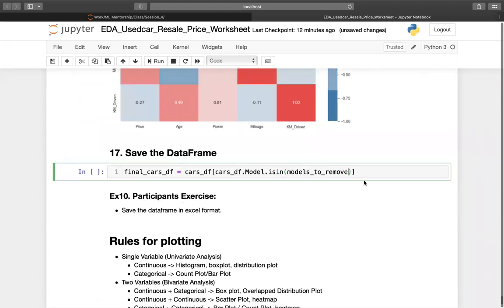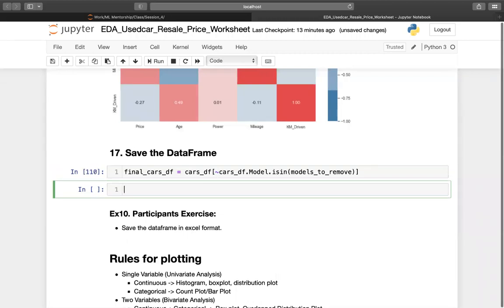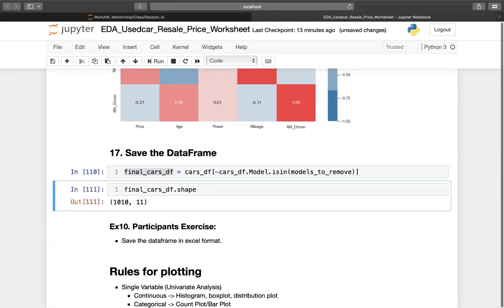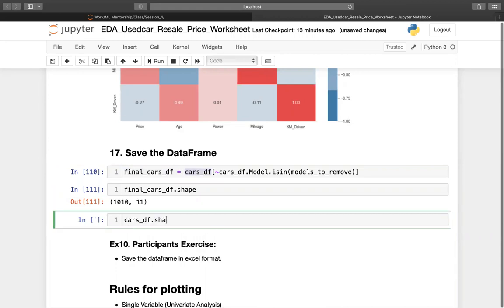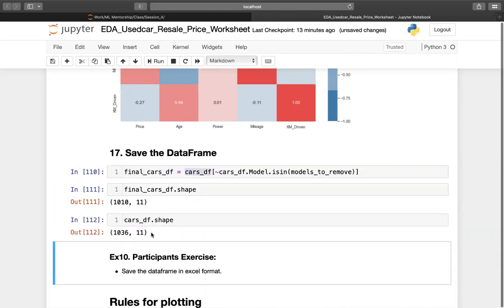So you're going to store the data. So cars which are in this particular list, we can eliminate them. So you can put a negative here. You only choose the cars which are not in this, right? So if you look at it, final cars df shape is 1010, and original cars was 1036. So 26 cars are removed,